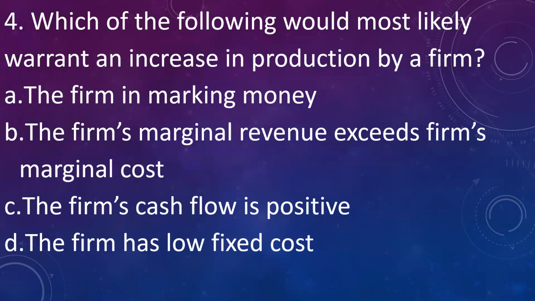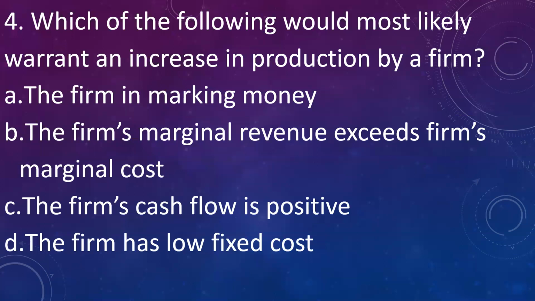Next question is, which of the following would most likely warrant an increase in production by a firm? A. The firm is making money. B. Firm's marginal revenue exceeds firm's marginal cost. C. Marginal cash flow is positive. D. Firm has low fixed cost. Answer is